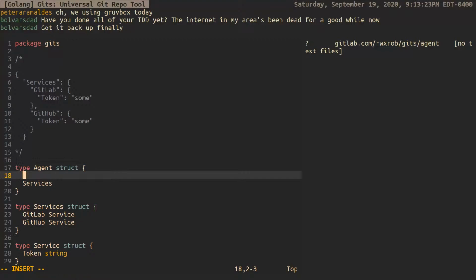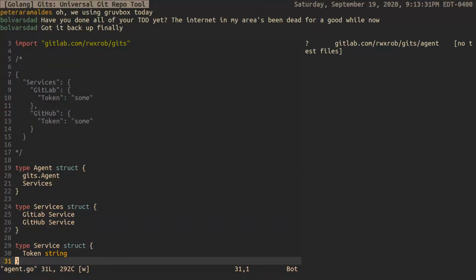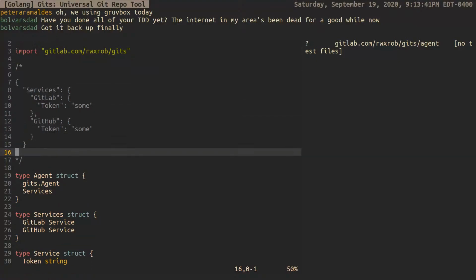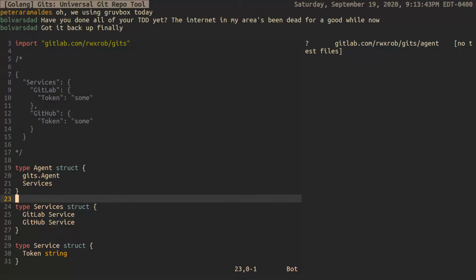At some point we need to have this here. We're going to have gits.agent, and that's why, you remember the whole naming thing I just talked about? Look at how well that reads, right? The gits agent is an implementation of an agent, and frankly, we don't need to make all this stuff public, but unfortunately we would not have to if we didn't have to go read from the configuration file. Because we're going to depend on tagging to read from it to undo the thing,